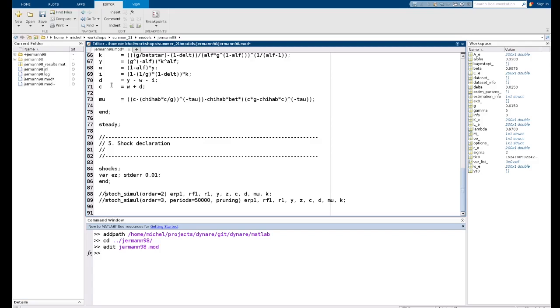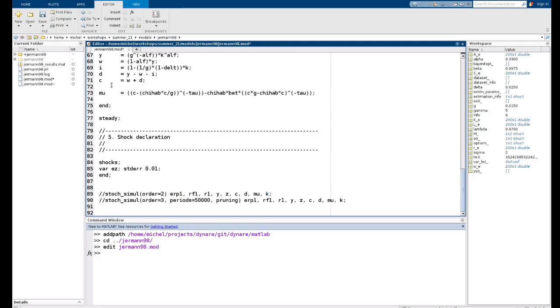So let's start, in fact, with the first order: stock_simul order equal 1, ERP1 RF1 R1. That will be enough for what we've done today.